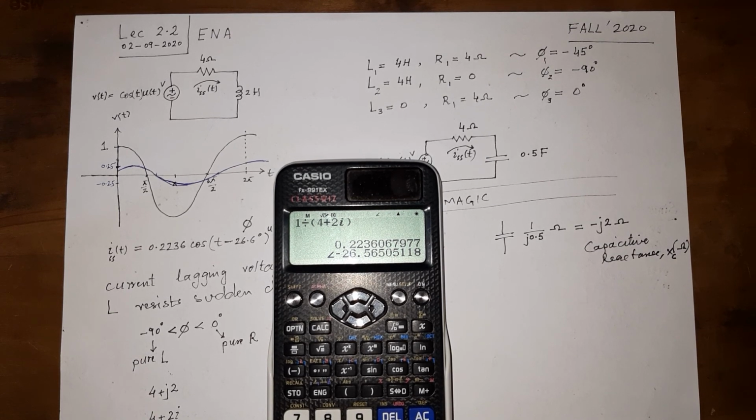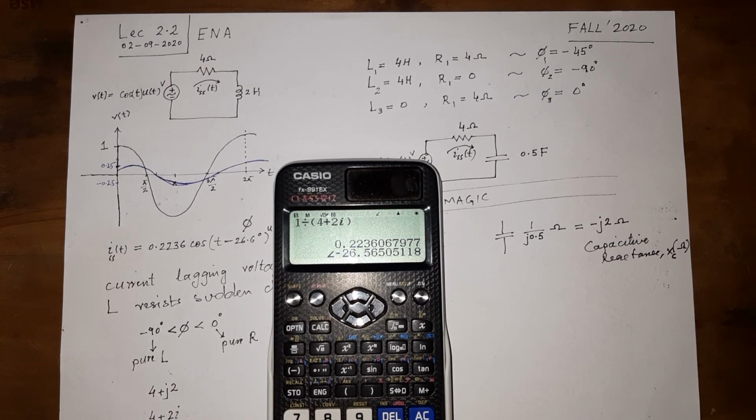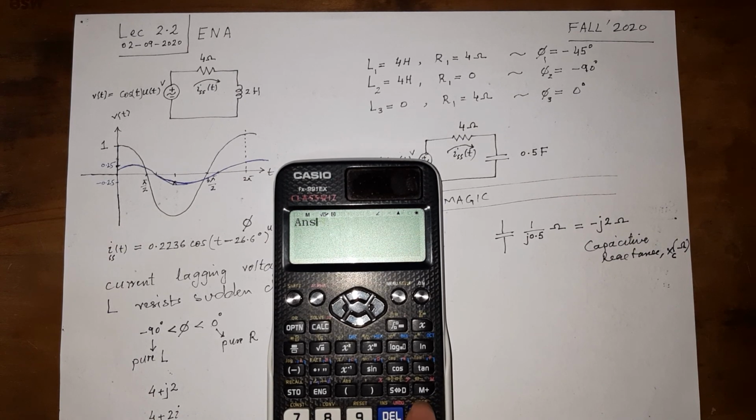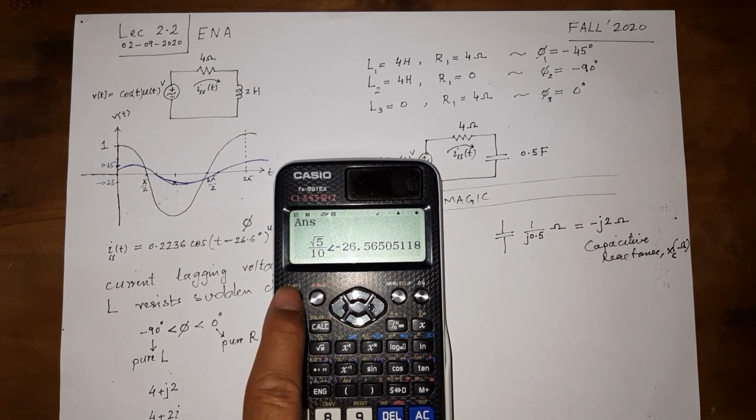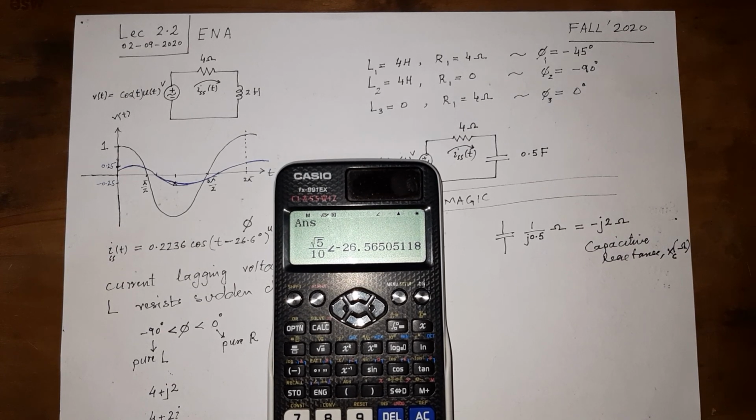I fancy there must be some shortcut here. So I can see polar form and rectangular form here. So this is the polar form. So let us try to use this shift and this REC. Well, actually nothing happened. Okay, if I learn anything new, I will share that later on.